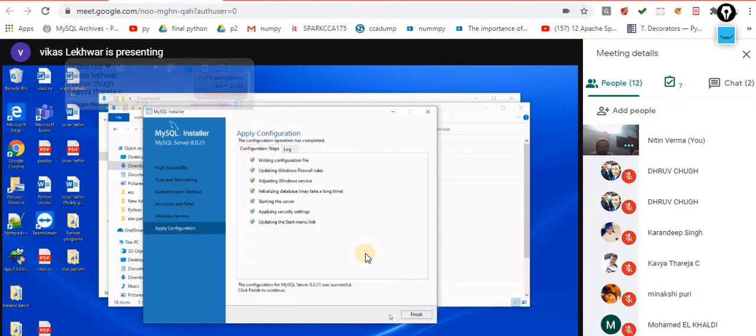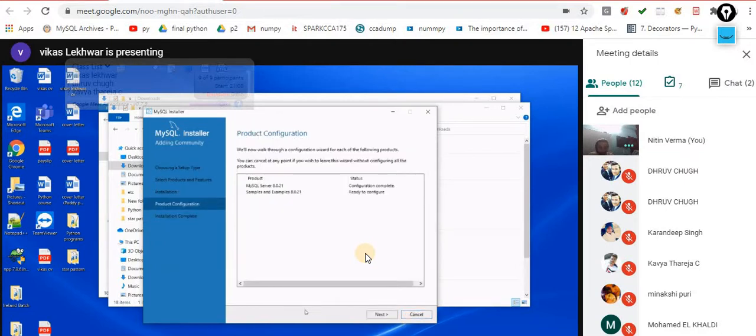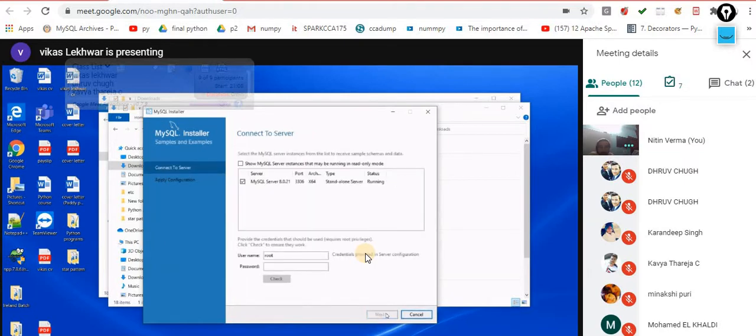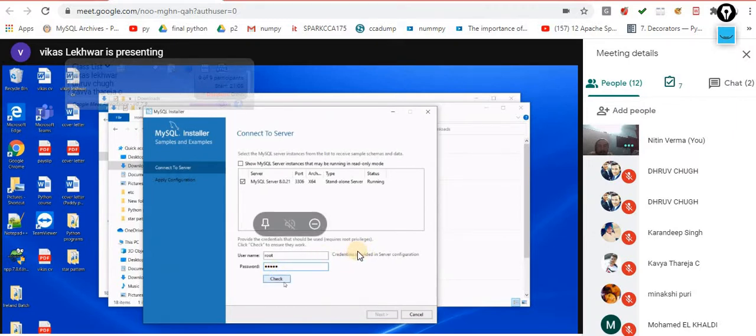Yeah, finish. Yes, next. And then make the password here 1 2 3 4 5. Your user is root. By default, for everyone the user is root, and the password is whatever password you specify. Okay, please check. Yeah.